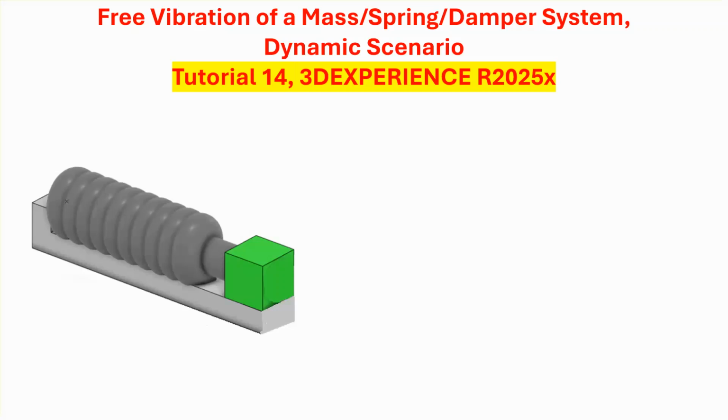Good day, folks. This is tutorial number 14 in a playlist called Dynamics Scenario Animation and Simulation in 3D Experience. The problem that I'm going to be doing is a mass spring damper system under free vibration. There is quite a bit of similarity between this tutorial and the one that I did in 13. The only difference is that I want to say a few words about the issue of the initial conditions